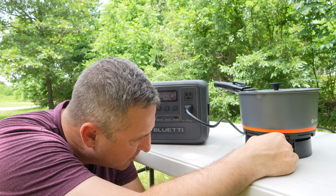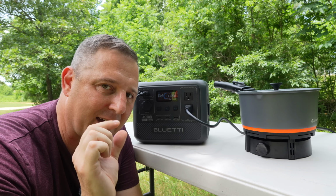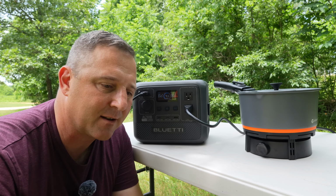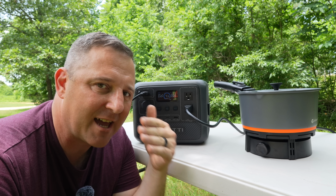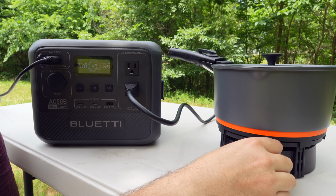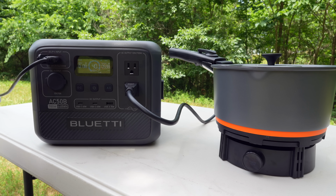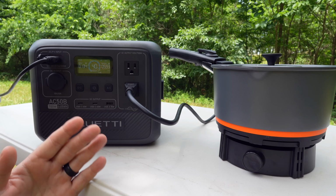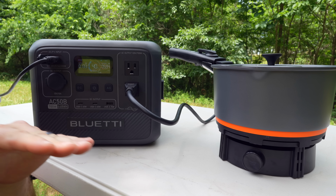Let's go to 400. No problem. Every increase that I have done with the stove has also incrementally increased the sound of the fan. That means that the fan will attenuate based on the load within the power station. 600 watts, no problem. Let's hit that 800 watt rating. And at the 800 watts, just like we saw in the other test, we should stick to around the 700